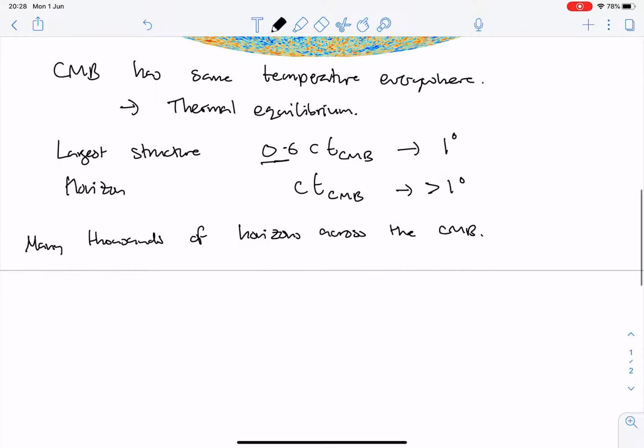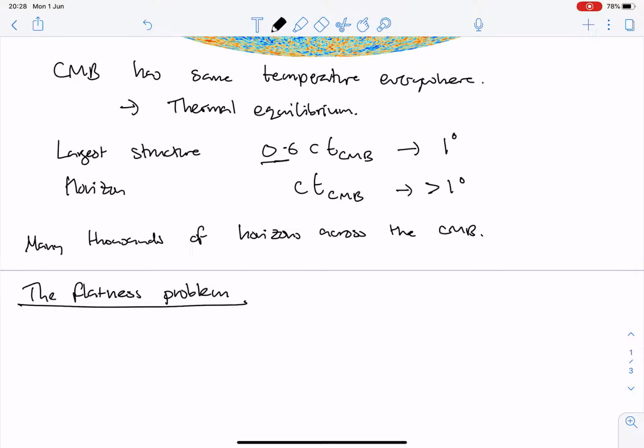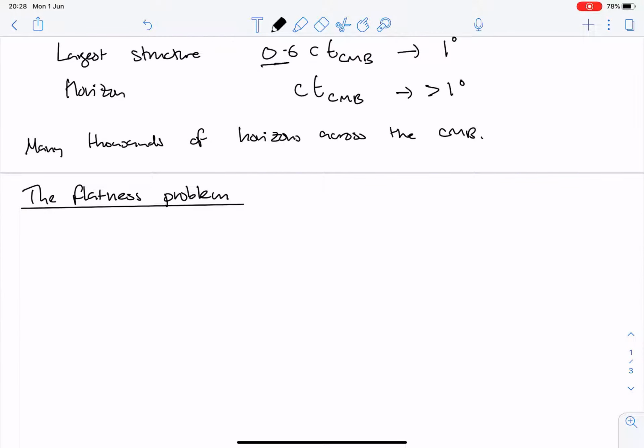And the second problem we want to look at is somewhat related, and it's called the flatness problem. What it says is, how come the universe is flat? Because again, our old friend, the cosmic microwave background, tells us that the total density parameter of the universe at the current time, we'll call that omega 0, is 1.001 plus or minus 0.002. The universe is flat. There's no special reason to believe the universe should be flat.